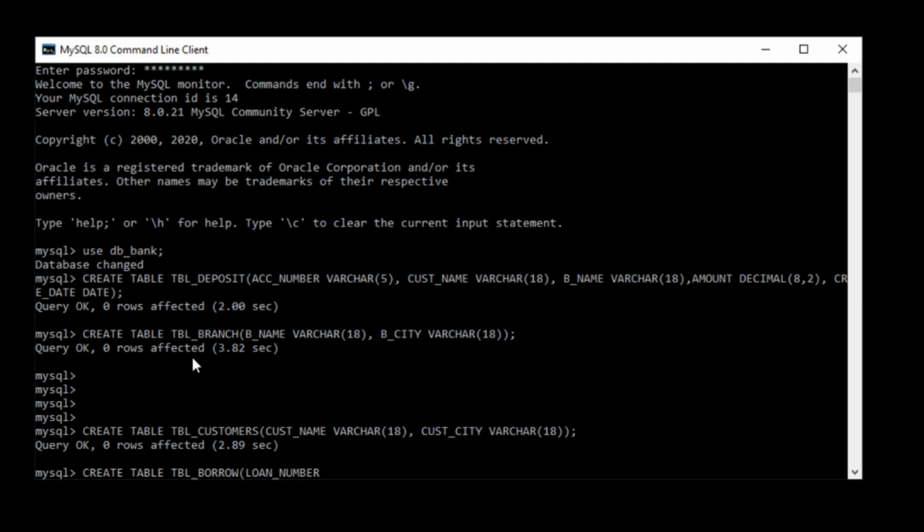Loan number, the next is customer name varchar 18, the next one is branch name, and the last is the loan amount.